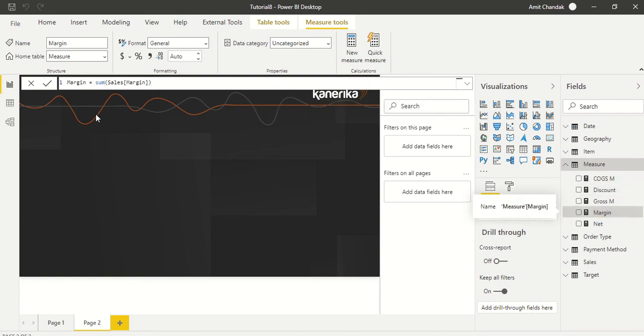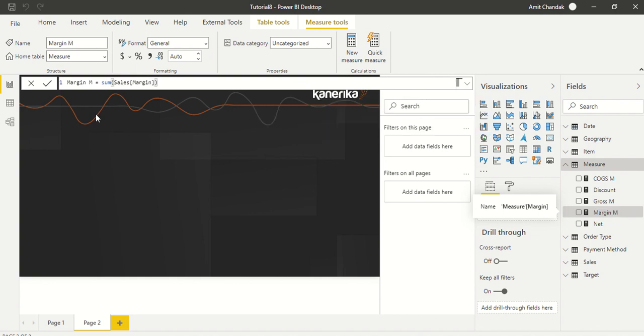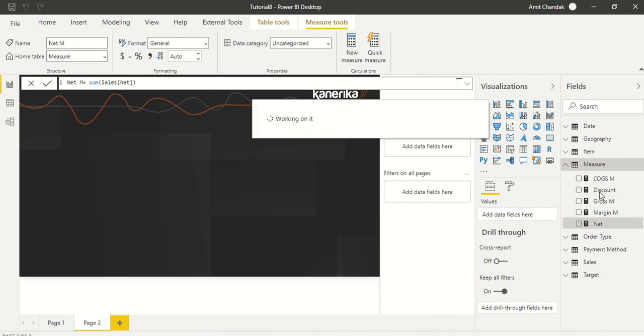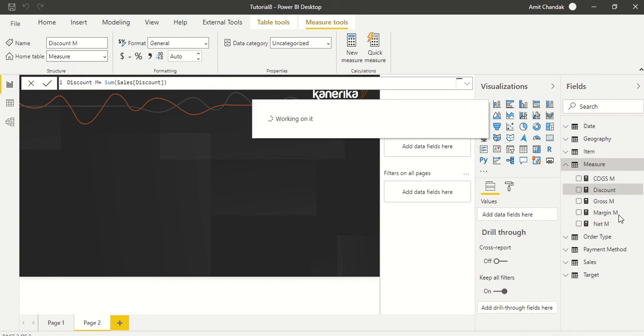We have not renamed this as margin M, so let's rename it as margin M. Similarly, net we have not renamed as net M, so let's rename it as net M, just to differentiate between our columns and measures. And discount M again. Now everything is correct.